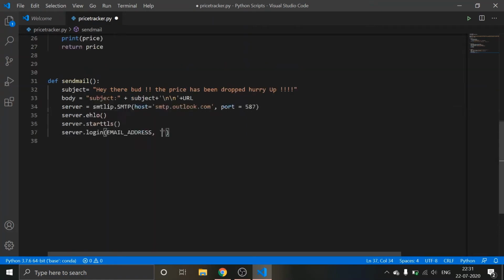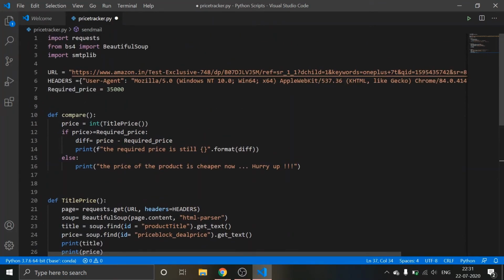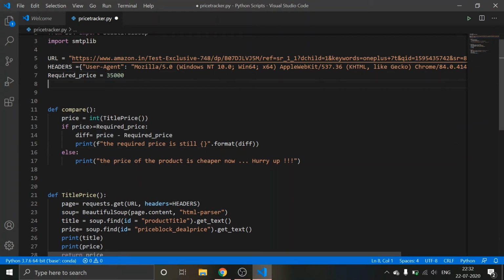Okay, I'm giving my email address here. Email address is equal to outlook.com. So we declared our email address.